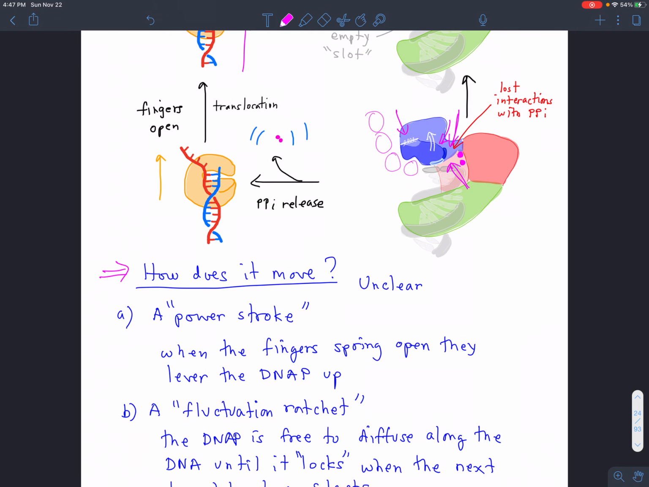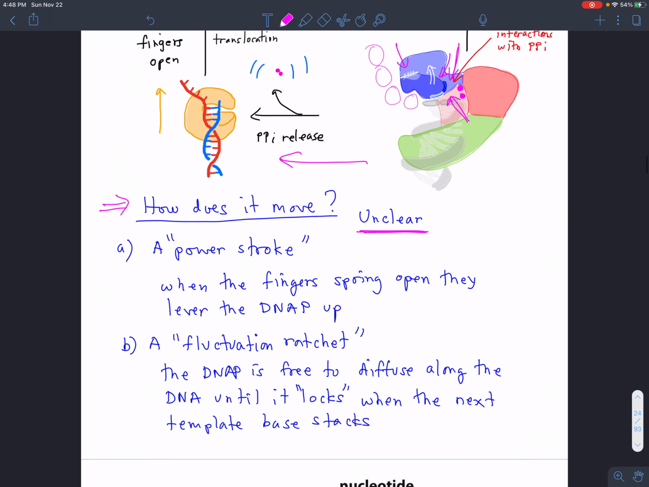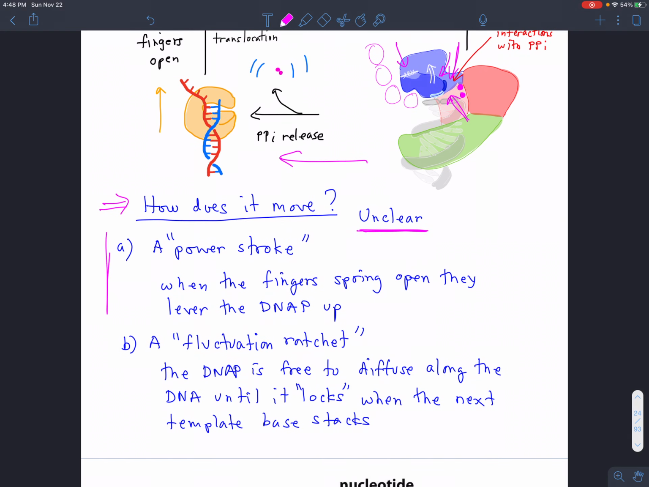What drives it to move? That's not really known. We're not even sure where it happens, and it may happen in different places, at different stages along the mechanism in different polymerases. It isn't necessary that all polymerases be exactly the same on this point. And so here are some possibilities. First of all,